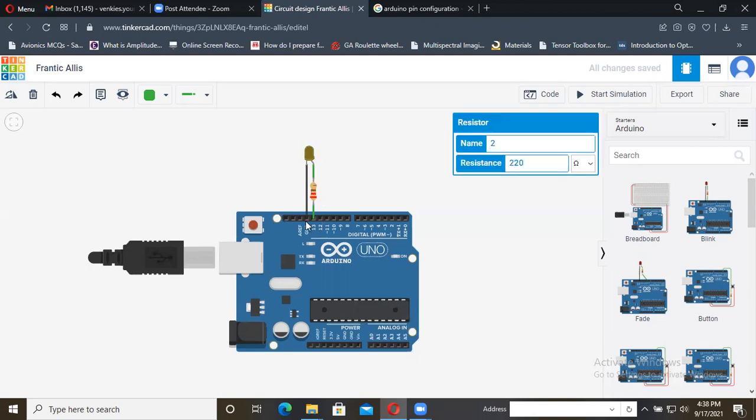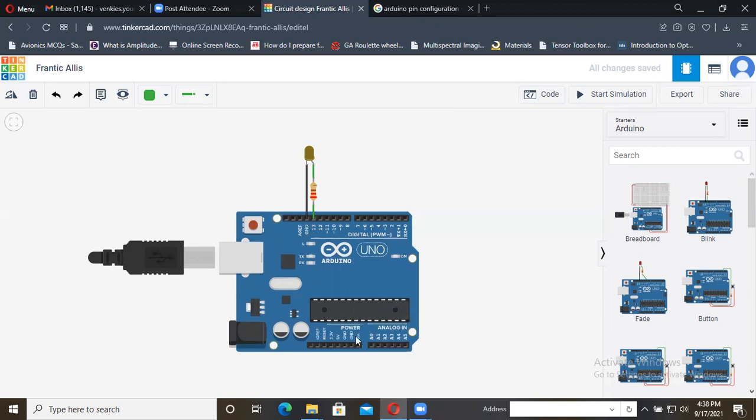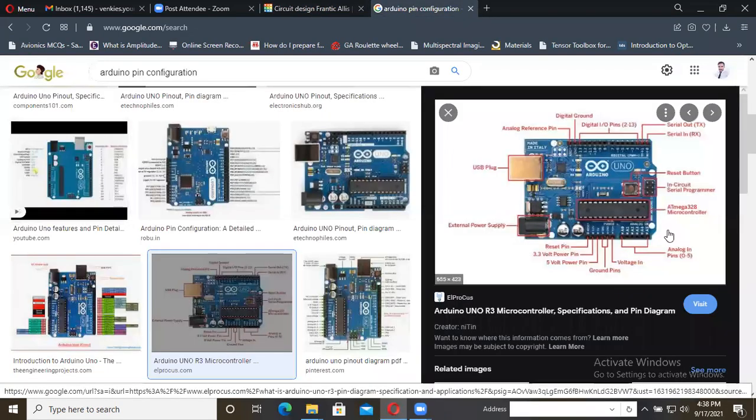So just connect this. In order to do Arduino projects, you need to know about the pin configurations of Arduino. These are all the output pins, that is the digital pins, and these are analog pins connected as inputs, and these are the power pins. There are many pin configurations. If you want to know all of them, you can also understand them by using the pin configuration analysis from Arduino, which is available online.